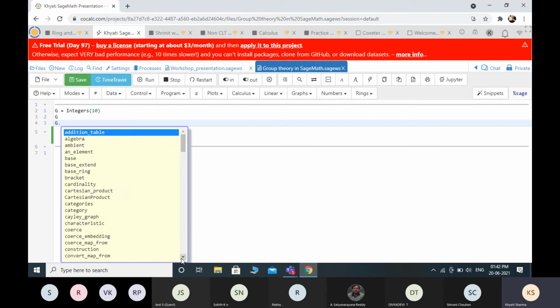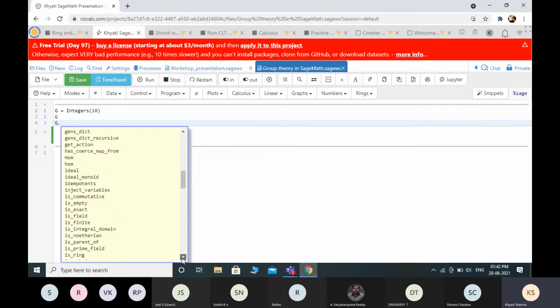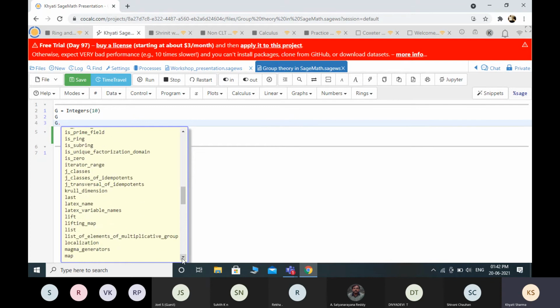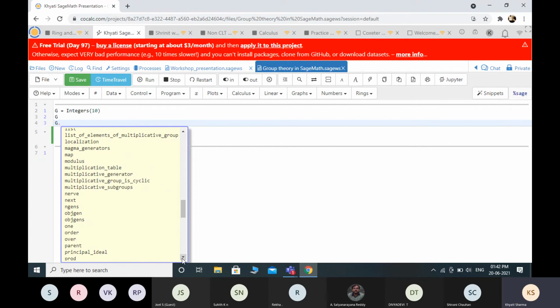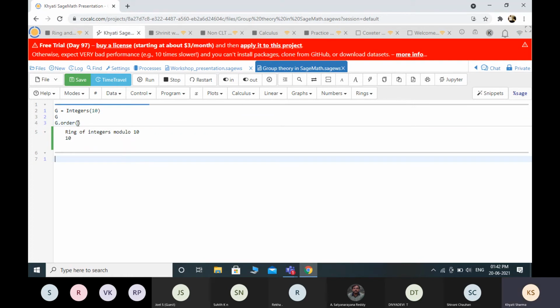Here are many options. Let's say I am choosing the order of this group: G dot order. It will return the order of this group.